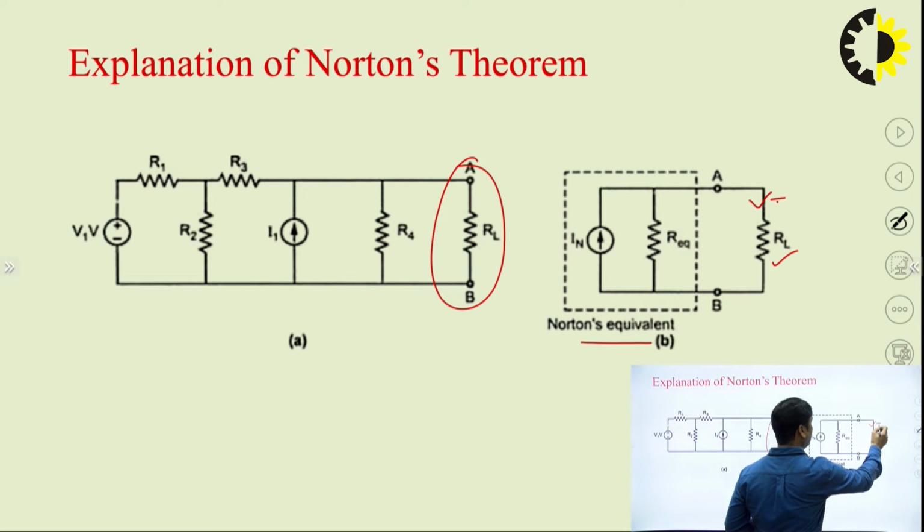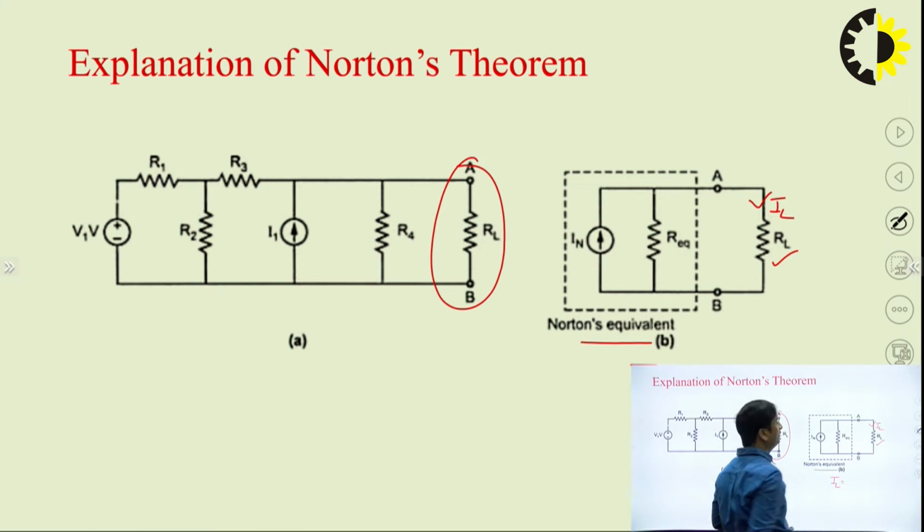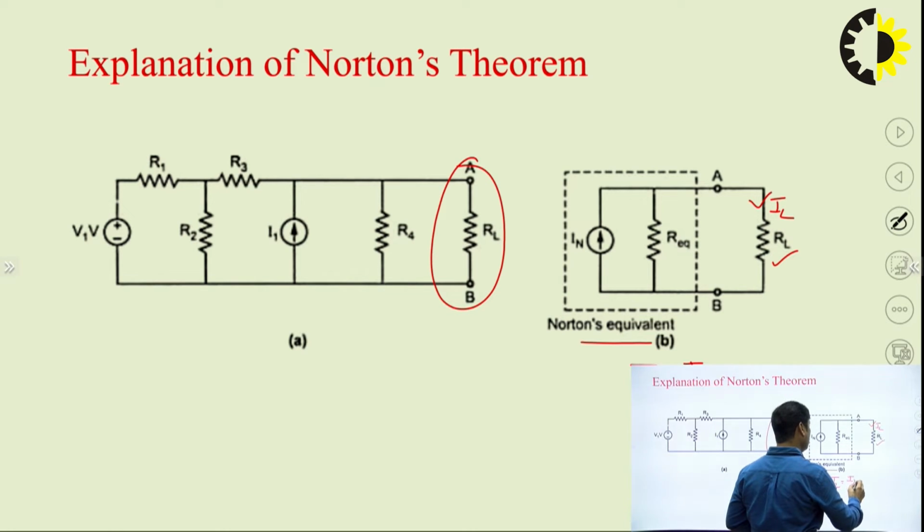Suppose the current is IL. So IL must be equal to how much? We can use the current divider rule. If IN is the Norton current, the load current, we have to find the value of current in the RL, so it must be equal to